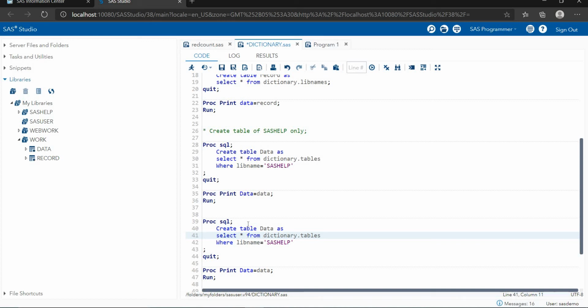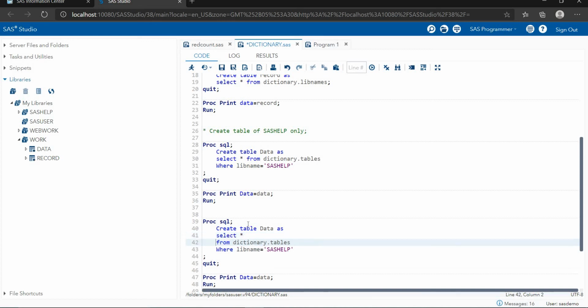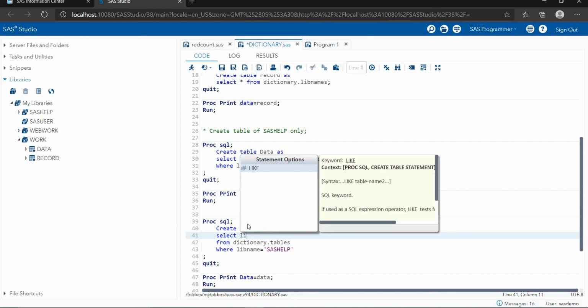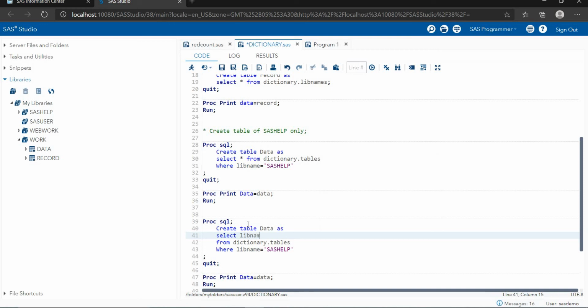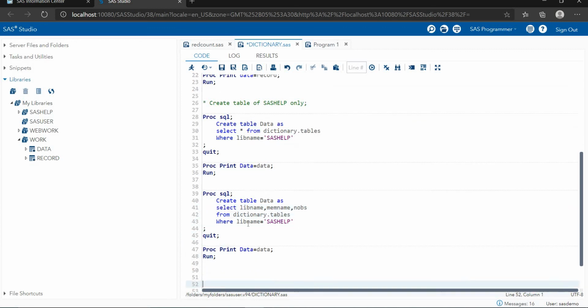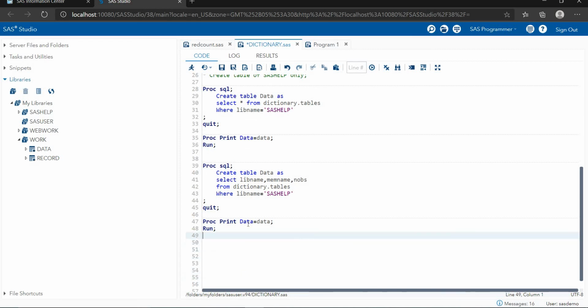not all this data. I'm looking for the libname. Libname means your directory name. Then memtype, memname, member name. Then next we are looking for nobs, number of observations. How many observations are available in my data? Now we are looking for this only.